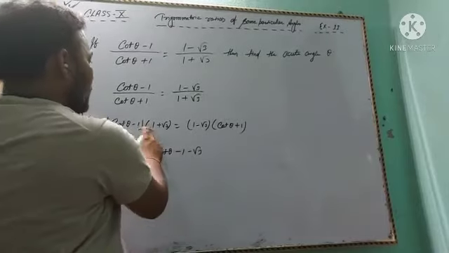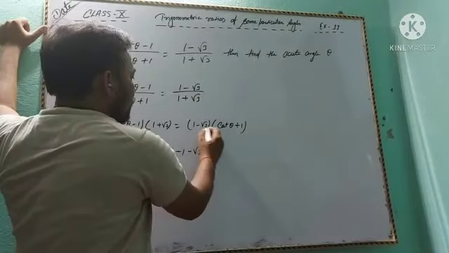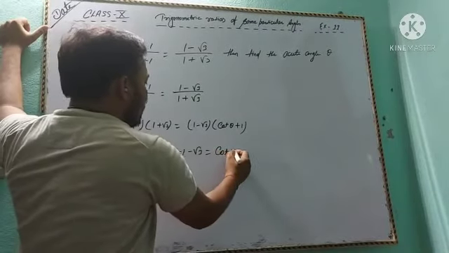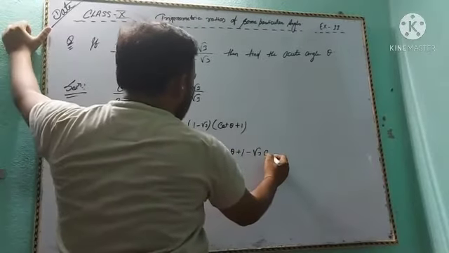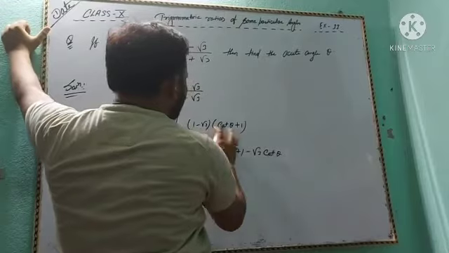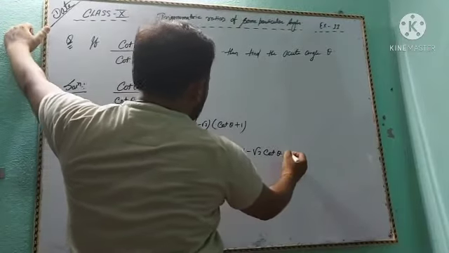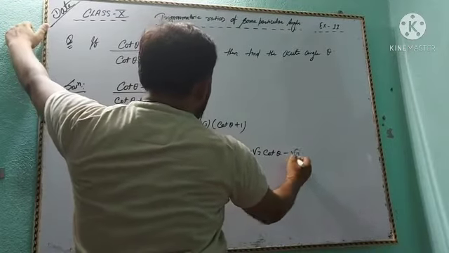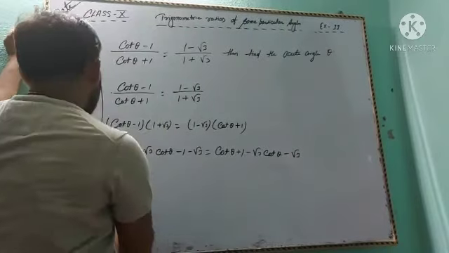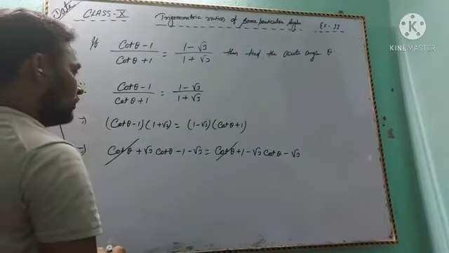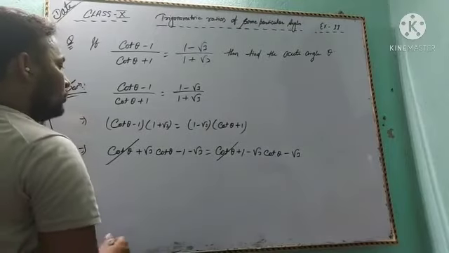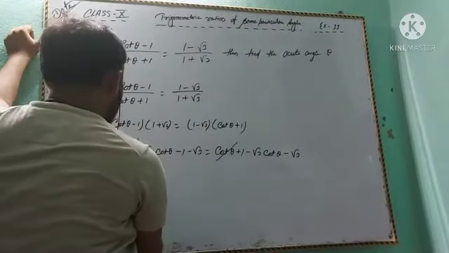On the other side, cot theta plus 1 minus root 3 cot theta and minus root 3. Okay students, so here cot theta is cancelled. Okay, so root 3 cot theta